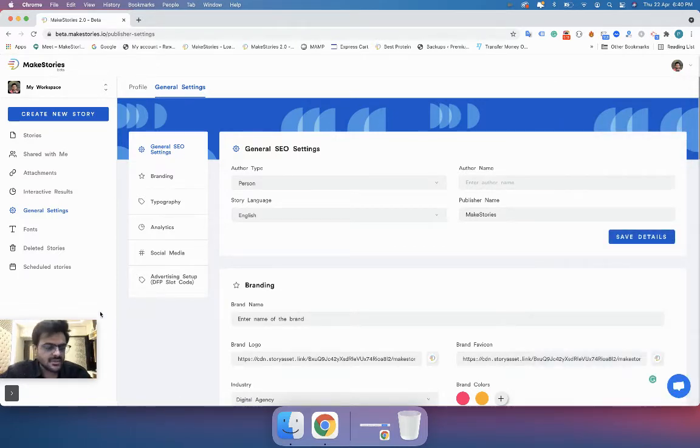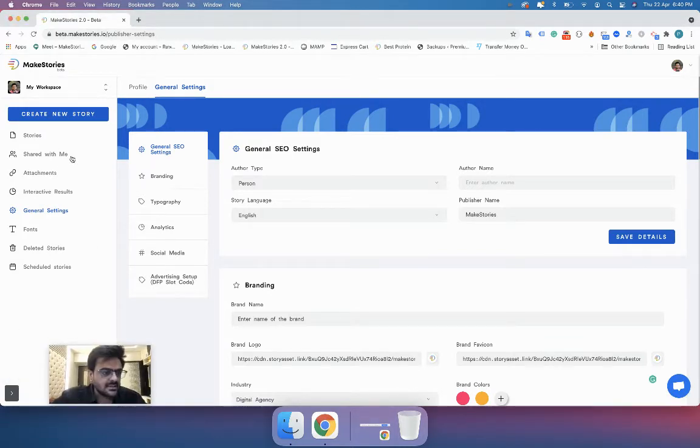So let's begin with the general SEO settings. If you can see, the general settings is over here, and these general settings are different for every different workspace. So if you are a publisher having multiple brands and you want to have different general settings for different brands, you can create multiple workspaces, and then inside a workspace you can change the settings.